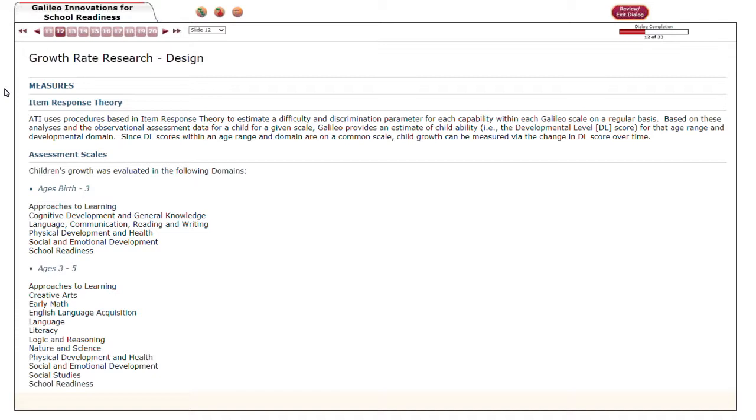So for these particular studies, children's growth was evaluated in, as I mentioned, the 5 domains for birth through 3, 11 domains from 3 through 5, as well as the school readiness domains. And there is a 12th domain in 3 through 5, technology, which we've recently introduced, and we'll be evaluating growth for that